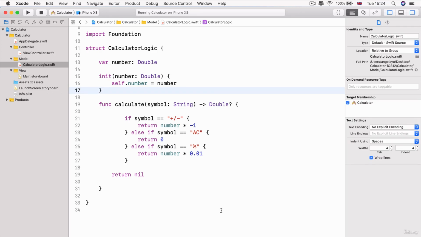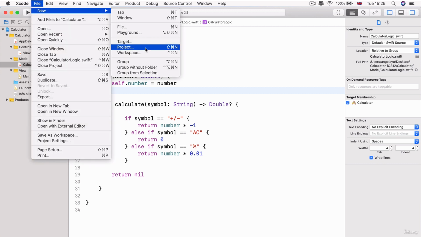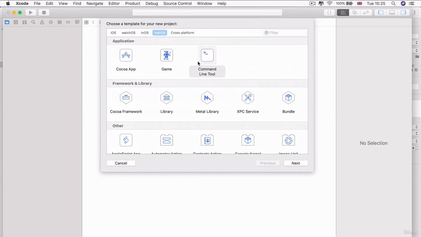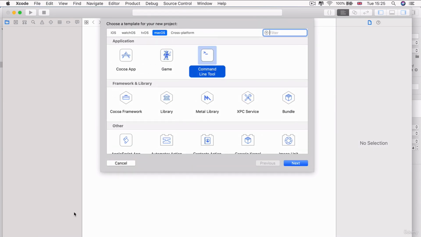Now, in the last lesson, we spoke about the theory part of structs versus classes, and we talked about value types versus reference types. Now, in this lesson, I want to show you using real-life examples just what all of that means. So we're going to create a new project inside Xcode so that we don't mess up our calculator app. And you're going to head into the Mac tab and choose the command line tool and go ahead and